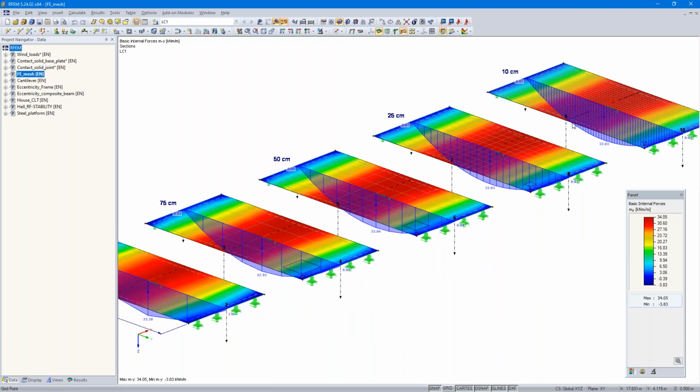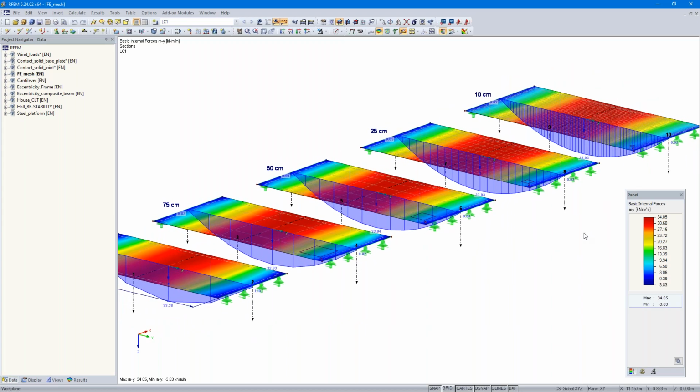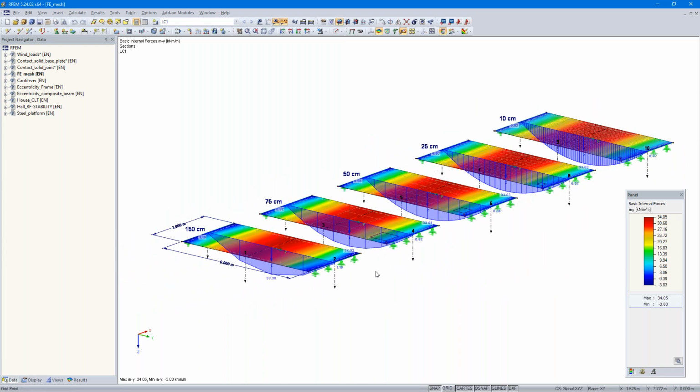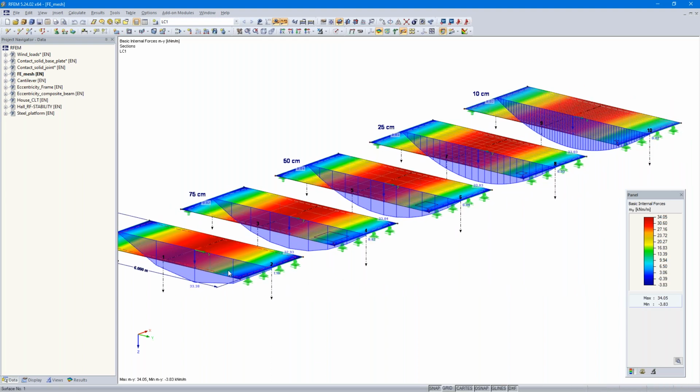You can see here a very fine FE mesh. The disadvantage of such a fine FE mesh is the long calculation time, at least if you have complicated models. You often calculate models that are not as easy as this one here. Okay,